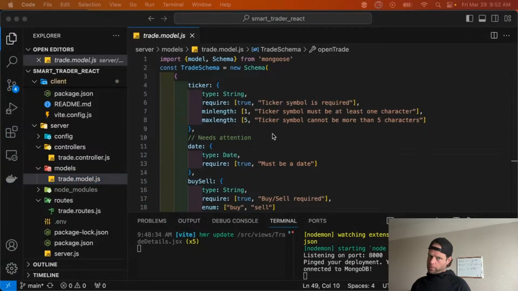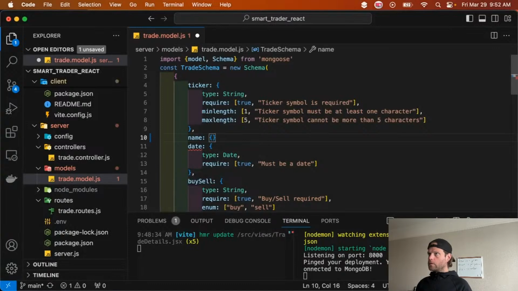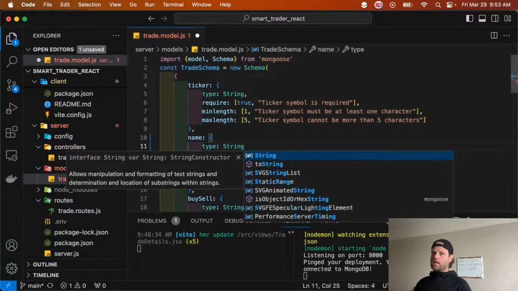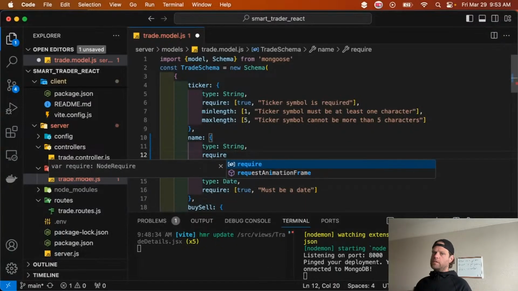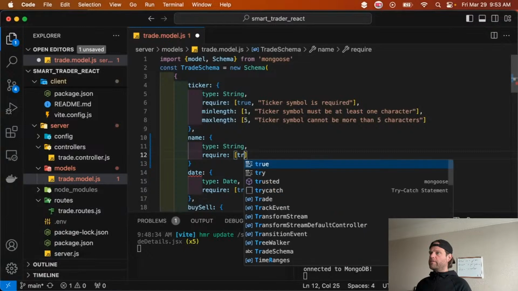So this is pretty simple. This no longer needs attention. Okay, so pretty simple. We're just going to do name, and we are going to have type be string. I am not requiring it because sometimes you type in a ticker, and there are a few weird tickers. I rarely, if ever,